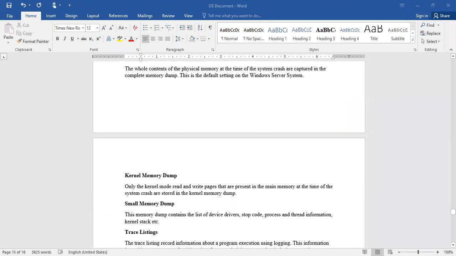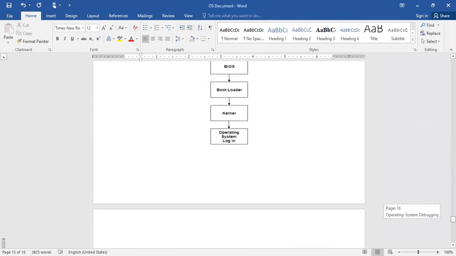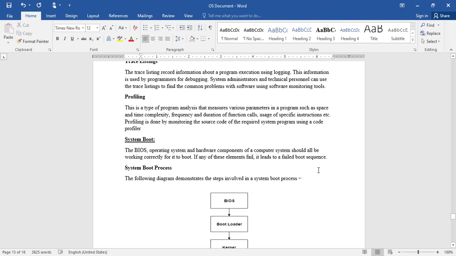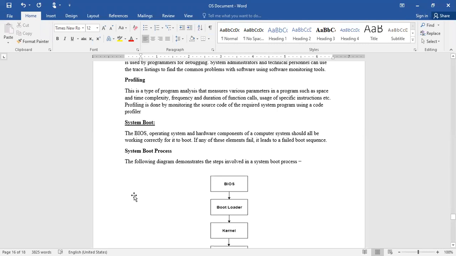Now, let us have a look at the booting process, how the system will start. When you switch on your system, what are the sequence or series of steps to be executed in order to start the computer system? So these things which we have discussed in our current class, and then we'll move to the remaining things. All right. So system boot, the basic input-output system, BIOS.